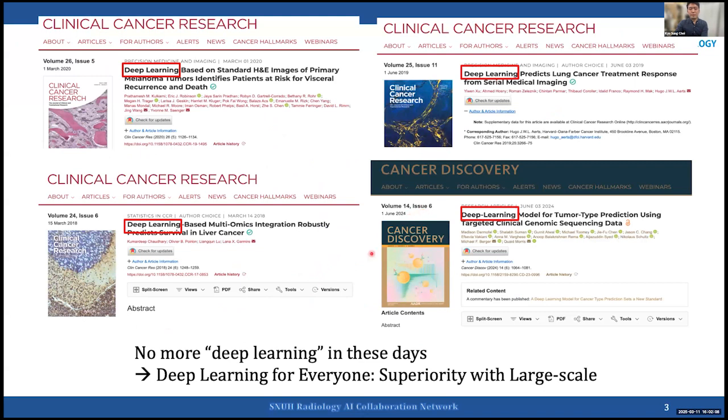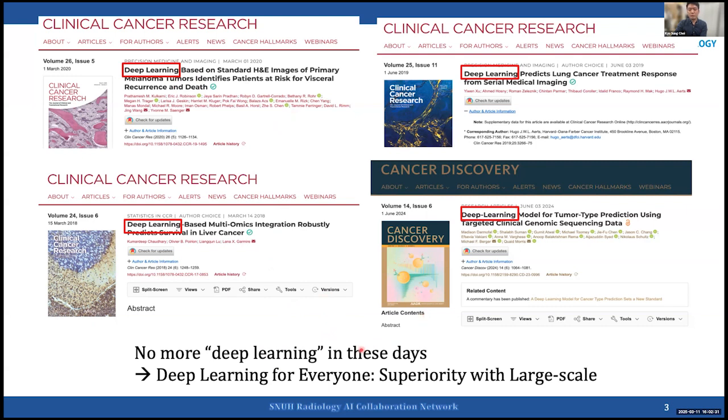When you Google papers using the keyword deep learning, every paper used titles such as deep learning predicts something, deep learning based on something, back in 2018 to 2021. However, not anymore these days. This means that finally deep learning has been integrated into every field for everyone, which is not surprising